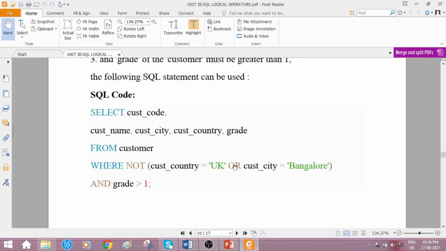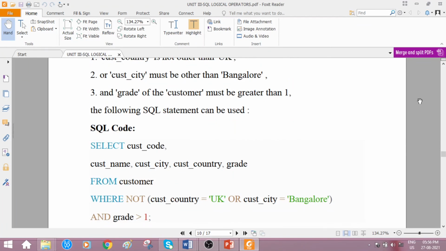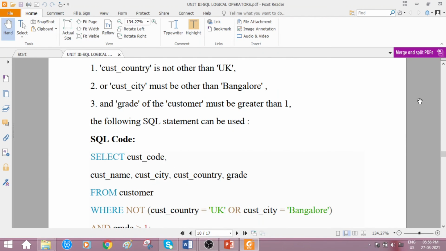Why is it found in parentheses? Because, students, the condition was: customer country is not other than UK. Customer country equal to UK.